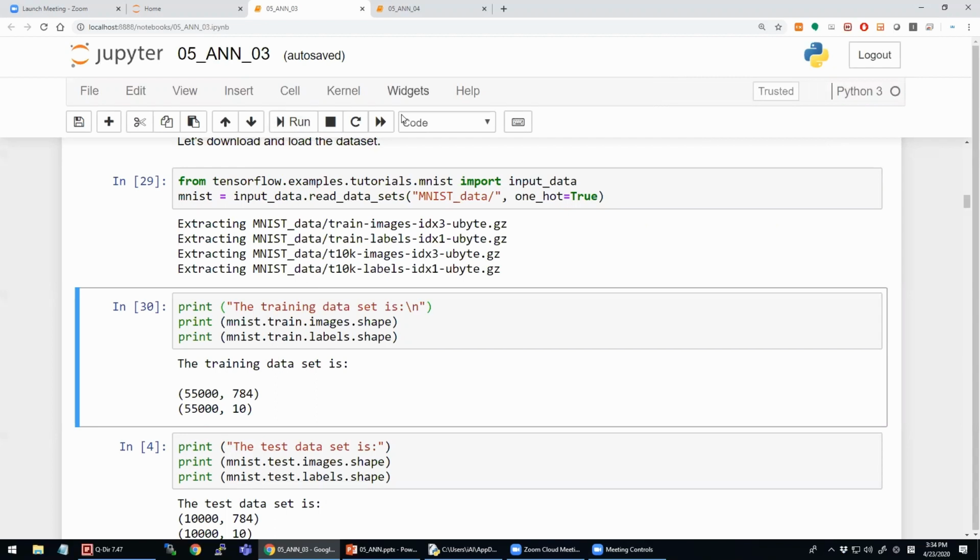Yeah, sorry about that. I'm gonna continue on. So here, as you can see, this is the total number of training images and digits in the MNIST data set. And the shape,